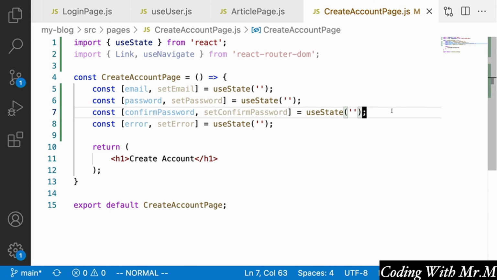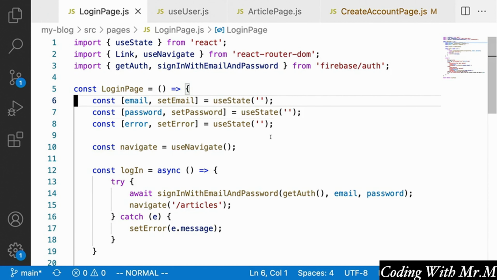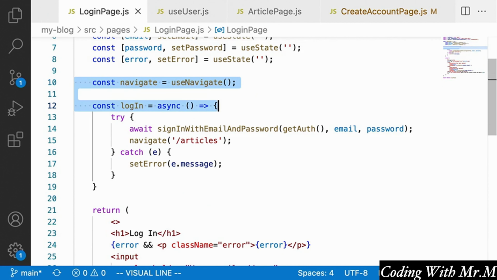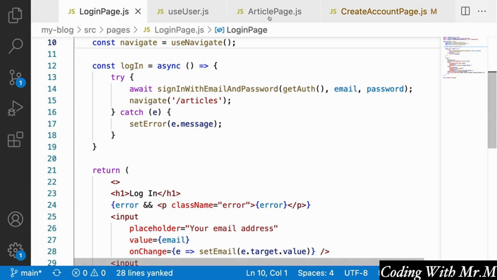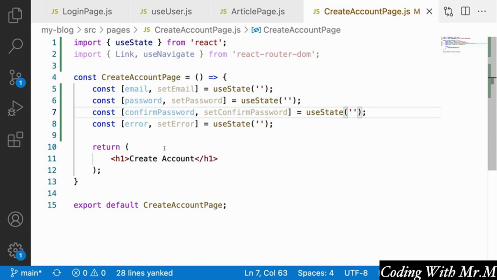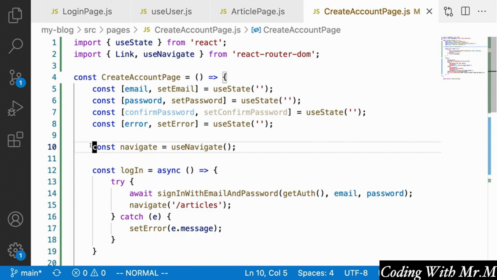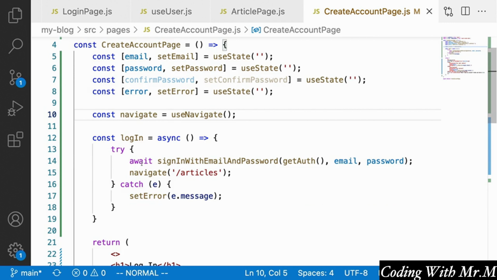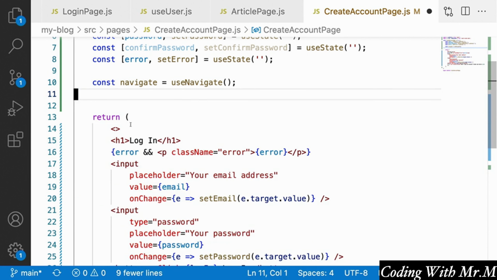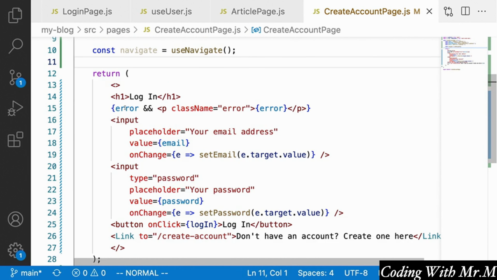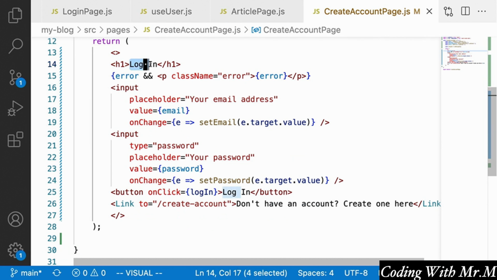Alright. So the Create Account page is just going to have 3 inputs instead of 2, as the login page did. And besides that, what we should be able to do is just copy the navigate, login and return statements in our login page. And we're going to have to make a few changes to that, but it won't be too bad. And we're just going to replace the return statement here in our Create Account page with that by pasting it. And now let's just sort of go through line by line and change things around. We'll skip over this login function for now. And in fact, I'll just delete that because our Create Account function is going to be a little bit different,